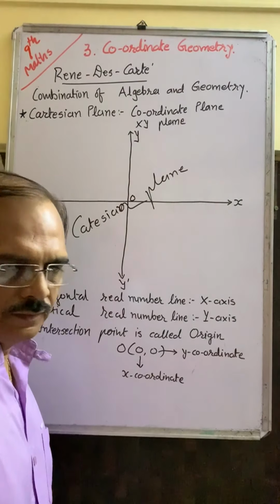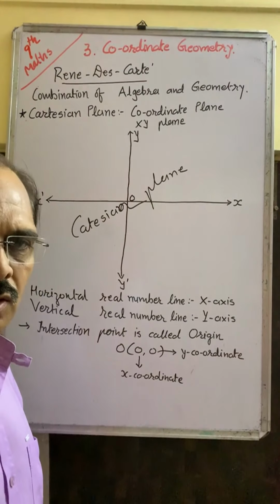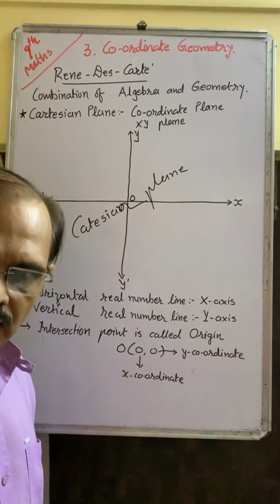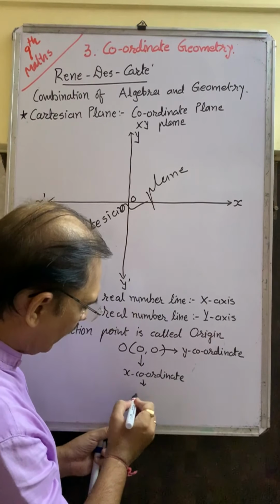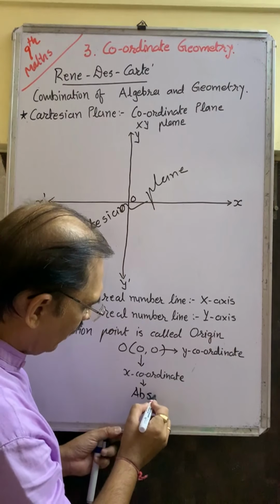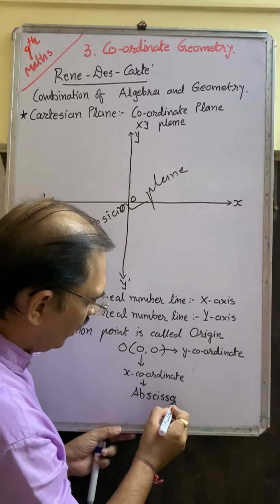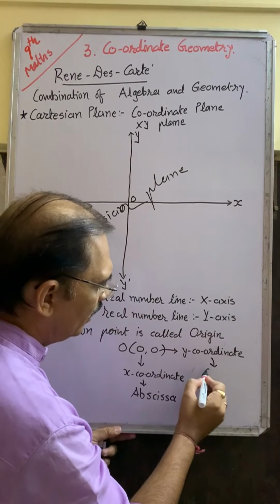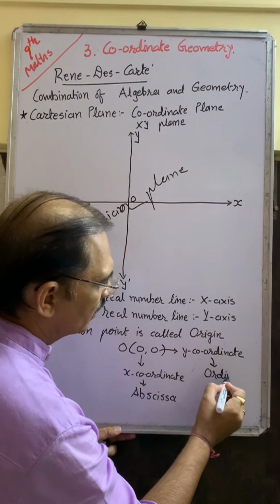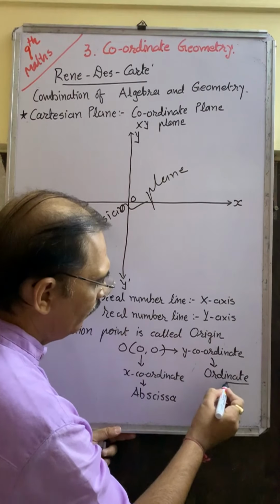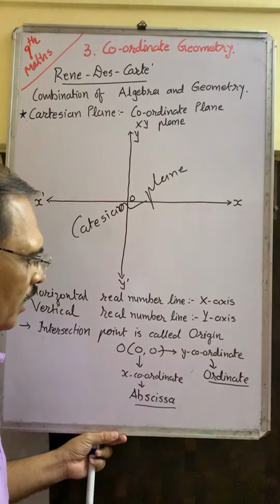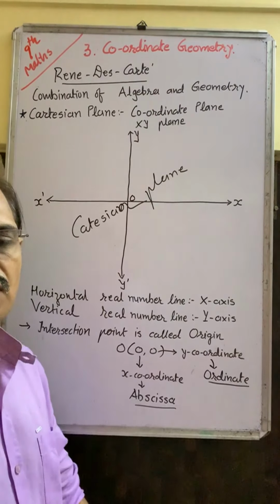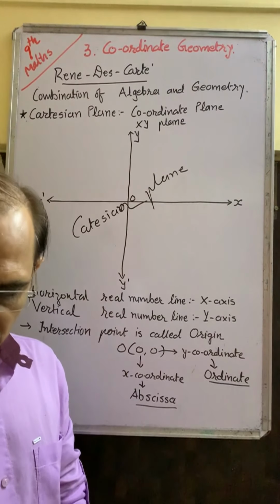X coordinate and y coordinate are also known as abscissa and ordinate. The second name of x coordinate is abscissa, and the y coordinate's second name is ordinate. Remember this thing, abscissa and ordinate. X coordinate is called abscissa, y coordinate is called ordinate. Now,